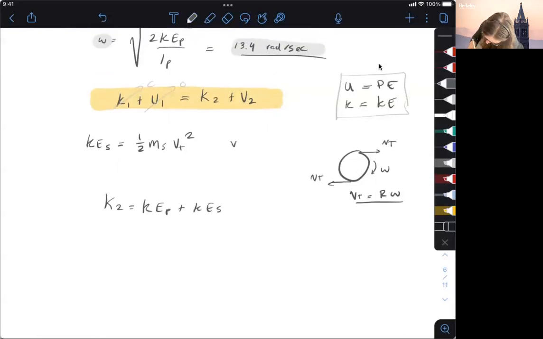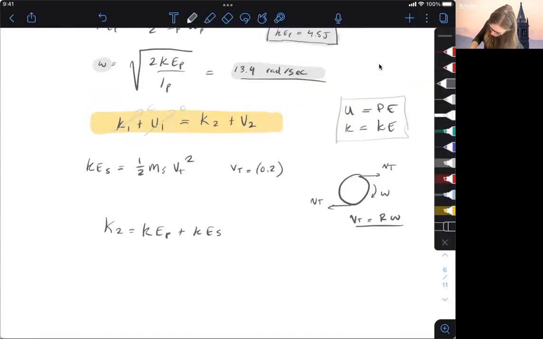So we know that vt is equal to, what was the radius of the pulley? 0.2 meters, right? And then we found 13.4 radians per second for this wf, so times 13.4, and then that's going to give us our vt. Okay, and then we have the mass of the stone. That part is given to us, so we can just plug that in. And then we're going to get our